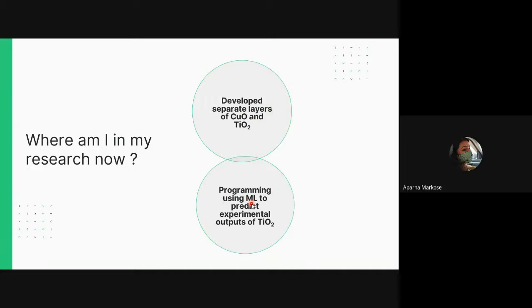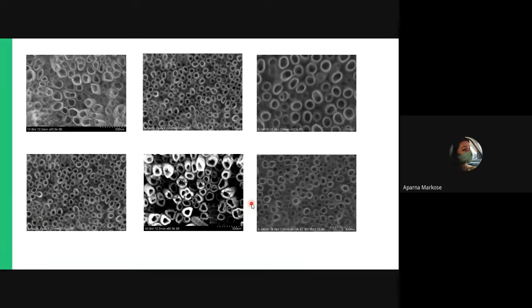I am successful at low level predictions. Right now we are trying to modify it. So this is the information I'm giving to my computer. You can see different types of nanotubes. My seniors, Jodi and Clement, already developed these. And these are the scanning electron microscope images of their data. So I'm basically taking this data for programming right now, so that I can understand what is the best possible experiment without actually doing it.